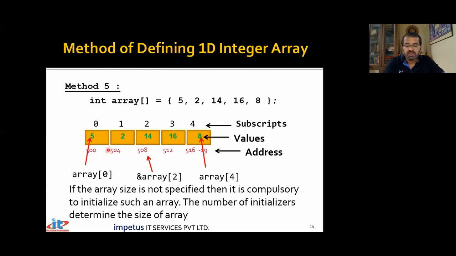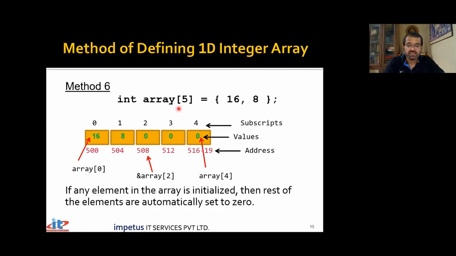Okay, I'll tell you about these addresses. क्या हो सकता है, क्या नहीं हो सकता है, and so on. This is also a possible address, नहीं आ सकता है. But anyway, if it is at 500, next is 504. So there is a gap of 4 bytes between those variables and so on. So int array, we are not specifying the size. If you do not specify the size, the number of initializers will determine the size of the array.